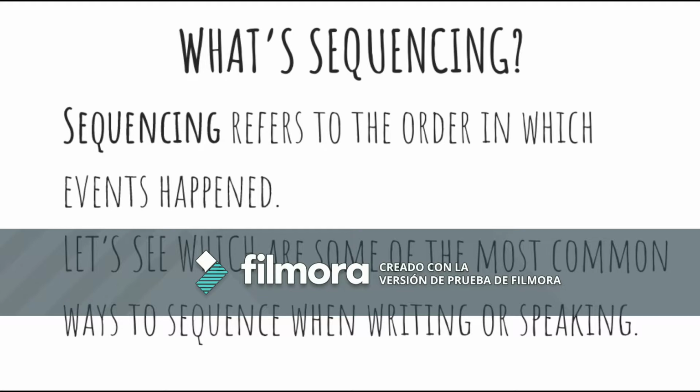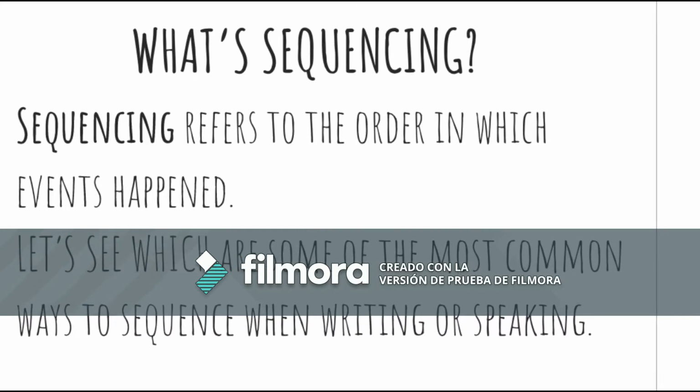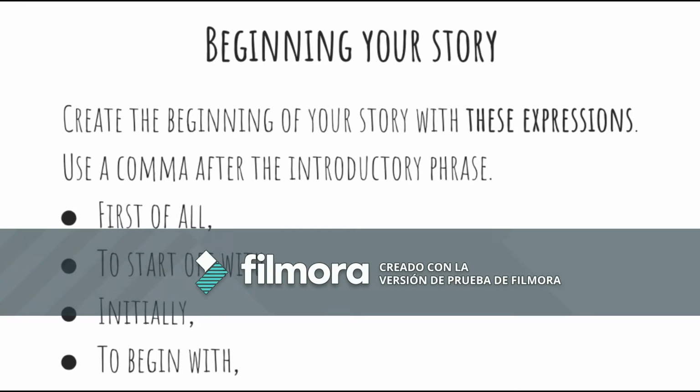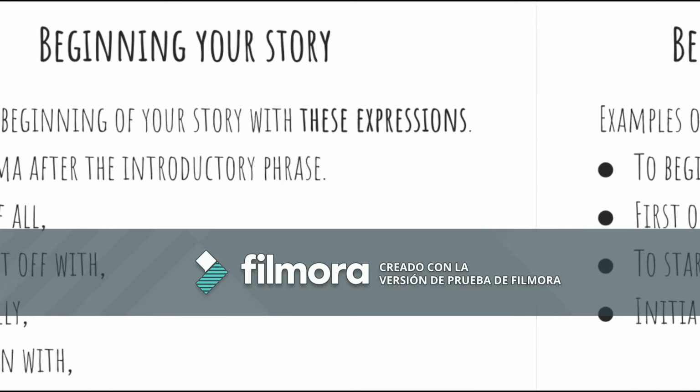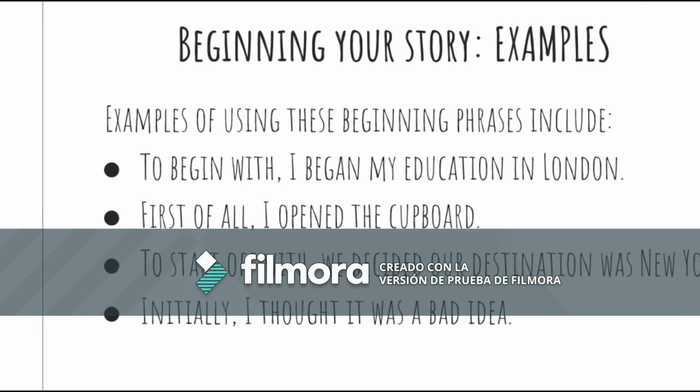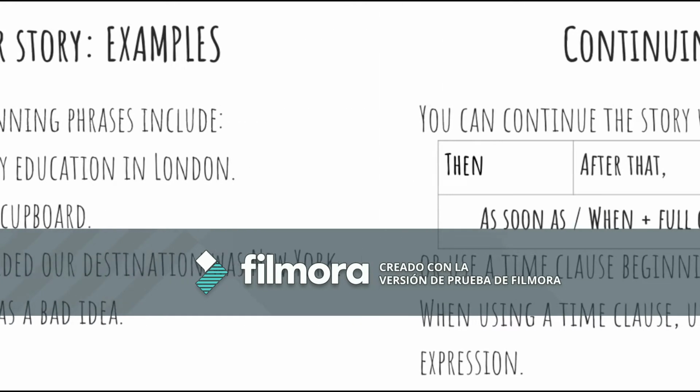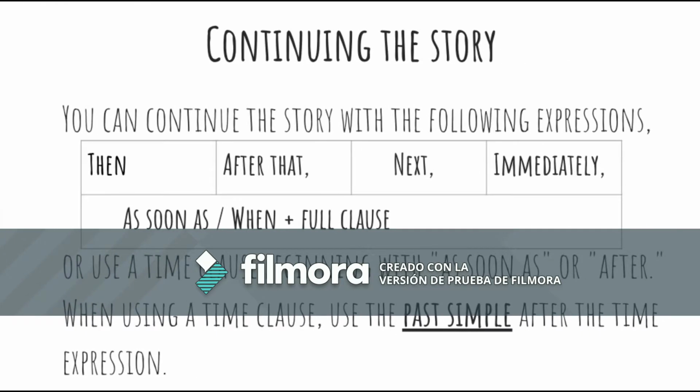Sequencing refers to the order in which events happened. Let's see some of the most common ways to sequence when writing or speaking. You can begin your stories by using some of these expressions. For example, first of all, to start off with, initially, to begin with. Remember, a comma should be used after these expressions. To begin your stories, some examples can be: to begin with, I began my education in London, and so on and so forth. To continue the stories, we can use some expressions such as then, after that, next, immediately,